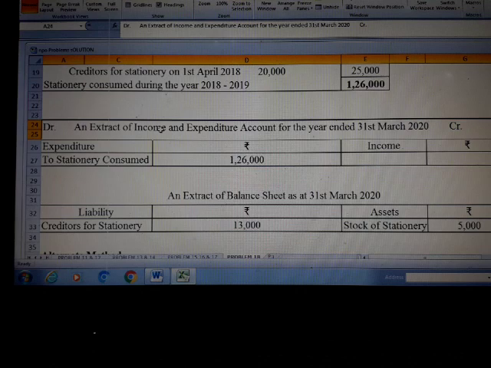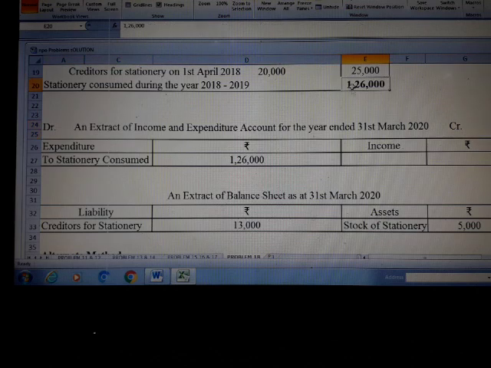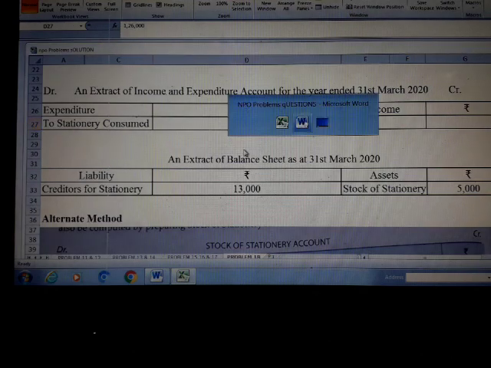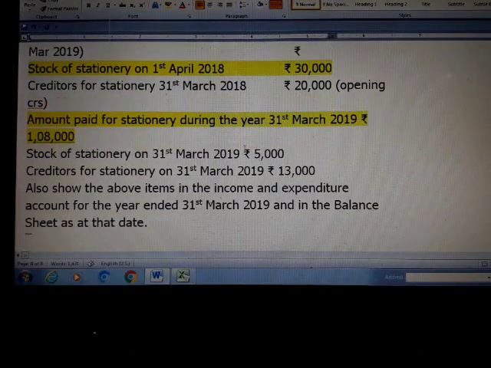So only the expenditures we are focusing upon. In the expenditure side you write: stationery consumed. The overall amount that you got here, 1,26,000, will be mentioned over here. Now you immediately need to prepare the balance sheet also, because the question has said very clearly to also show the above